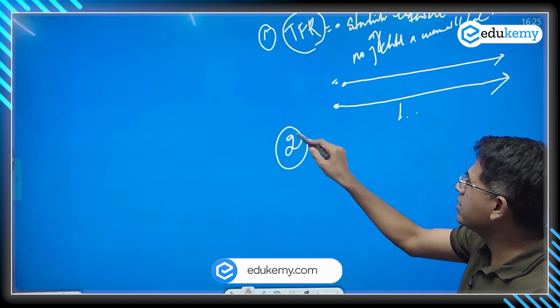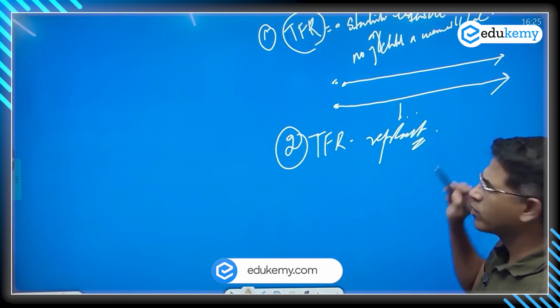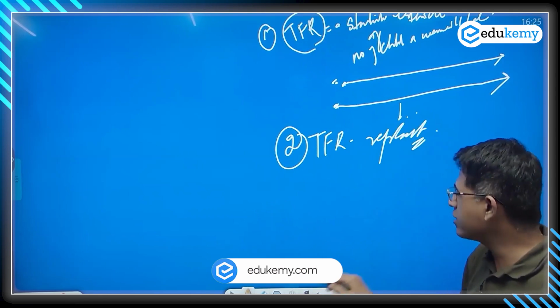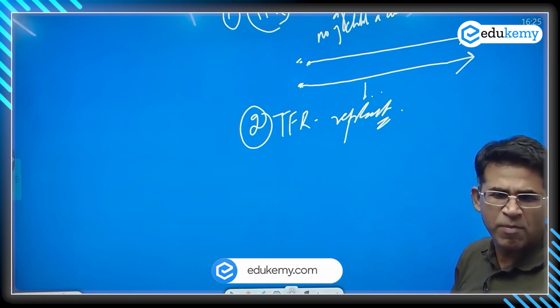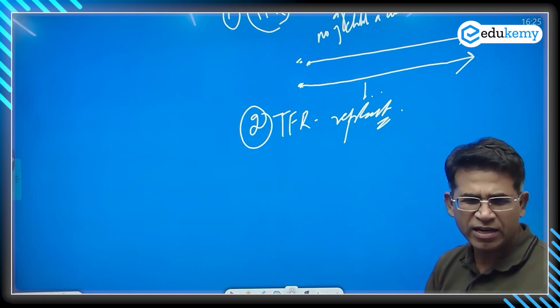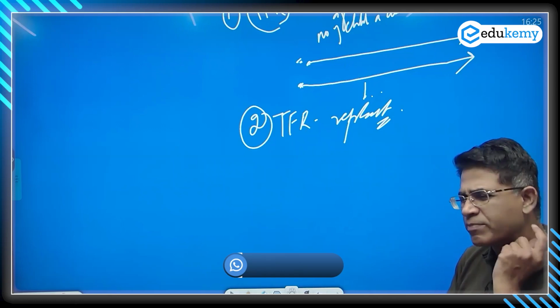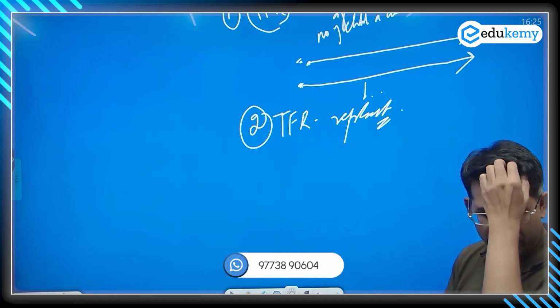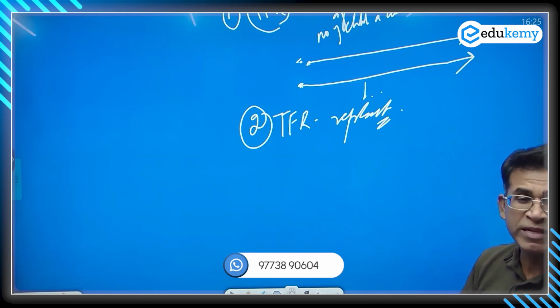Second you should know is, what does TFR replacement mean? Okay, it means basically the number of children per woman so that the population size is replaced. Okay, a very important point. It does not mean zero growth rate. Remember that. It does not mean stabilization.